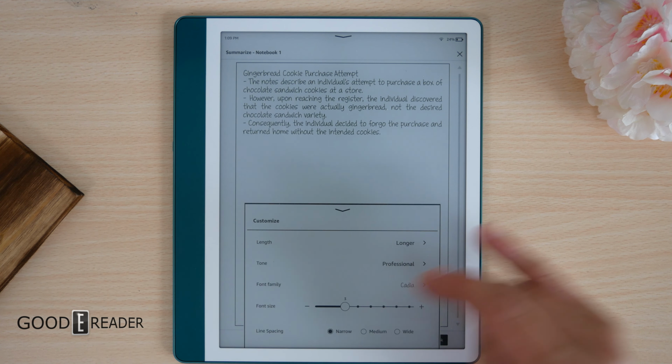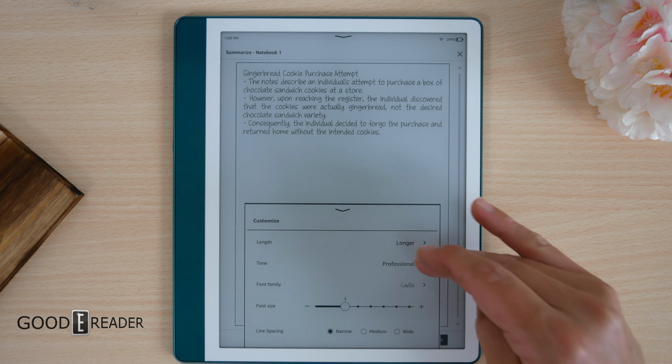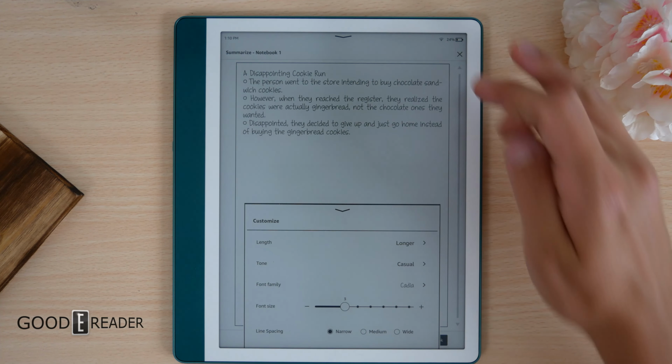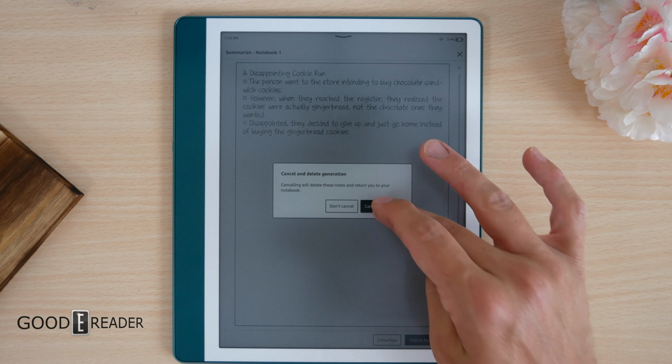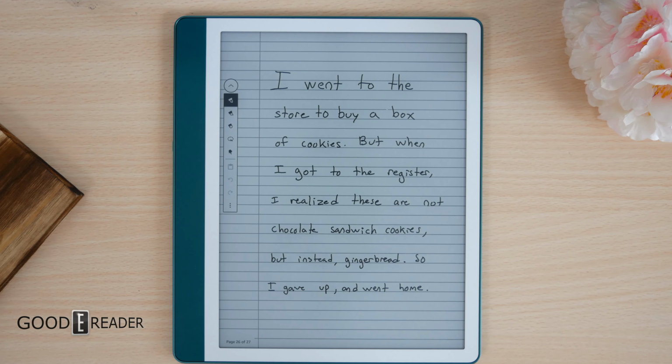Now, if we do it a little bit more casually, this is probably just going to be more colloquial language, if anything. So we do have disappointed, we have however, we have the person went to the store intended to buy. So it's really, to be fair, the story that we set forward wasn't exactly something that needed a high level of intellect to grasp. However, it does do it very well, and you can refer to this customization anytime now, which is very nice. I do like how you are able to really dictate what you want and how you want your message to